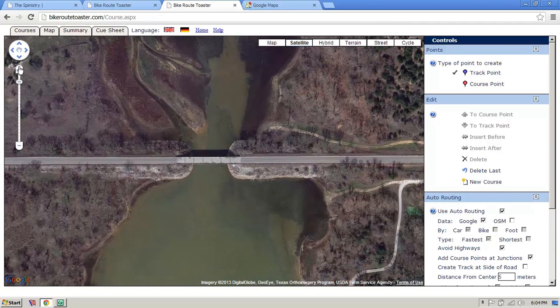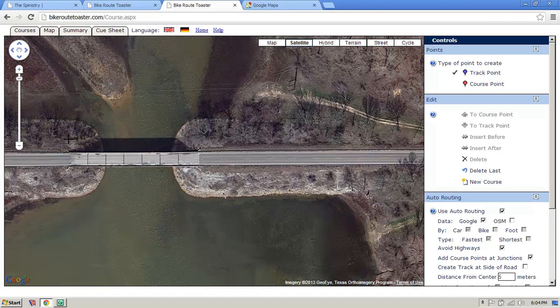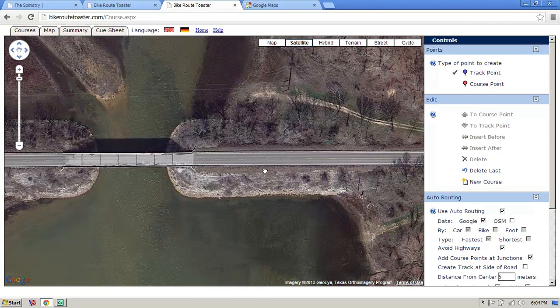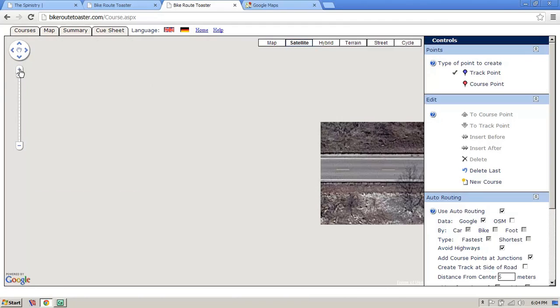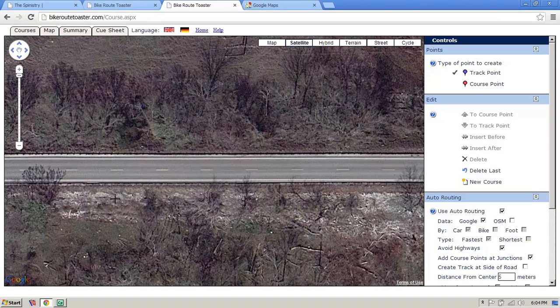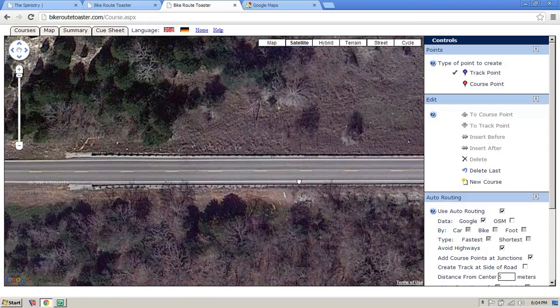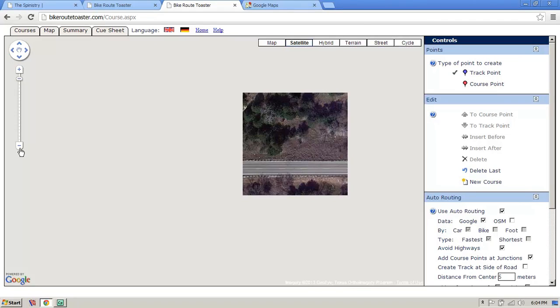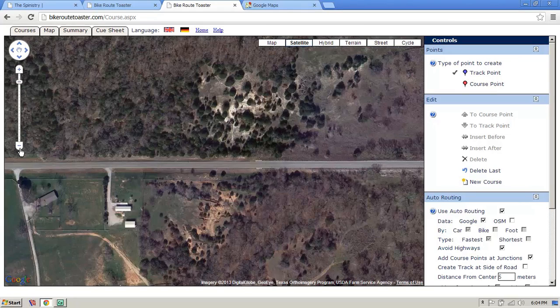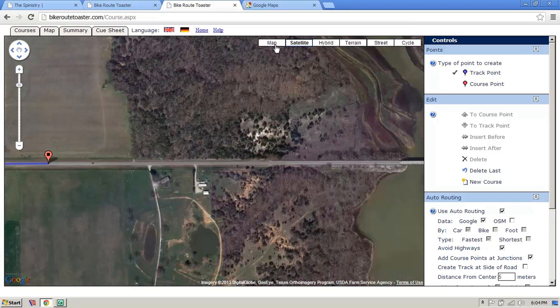So we're going to zoom in. Here's the bridge over Wilson Creek. Look at both sides of it. Zoom in all the way. A little bit of shoulder there, but not really much to speak of. Actually, and that's just at the guardrails. You get into the pavement here, no shoulders. But we're also not seeing any cars. It is a low traffic road, it is a straight shot, and